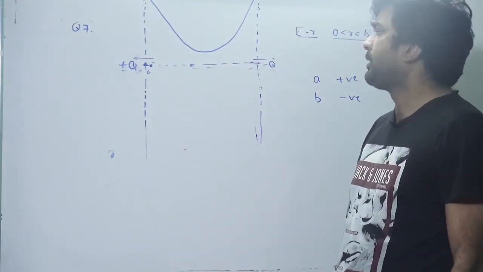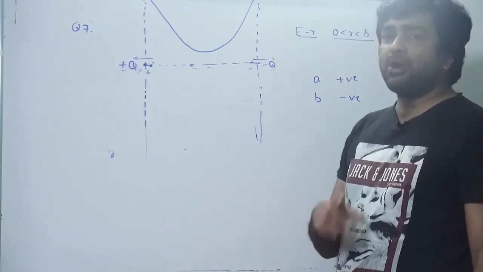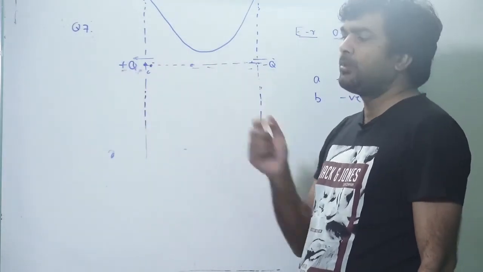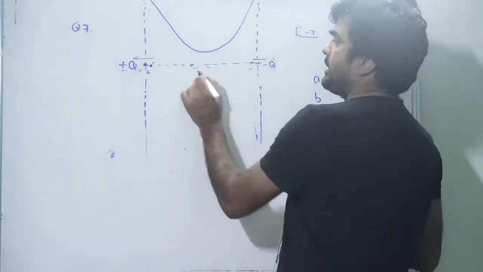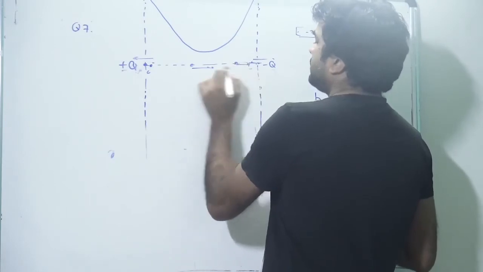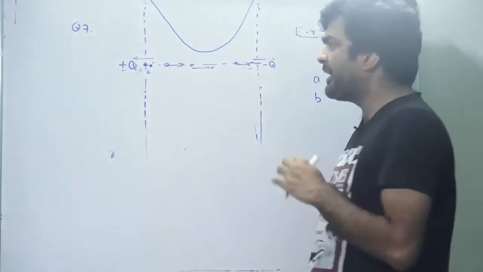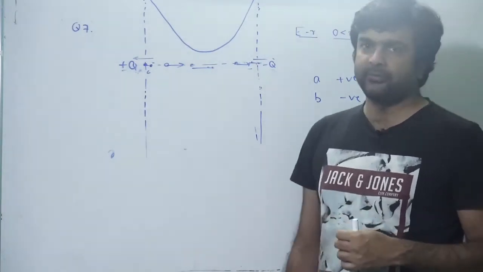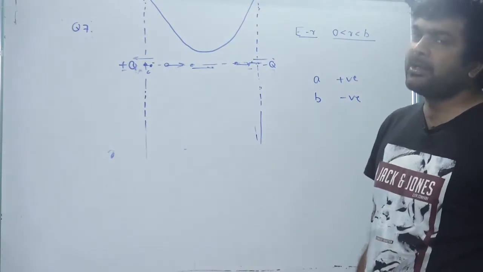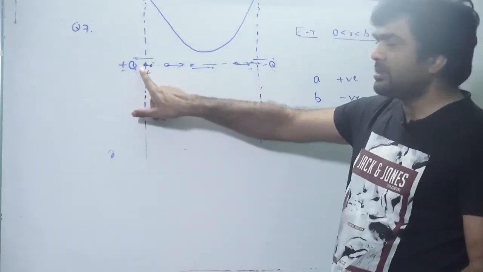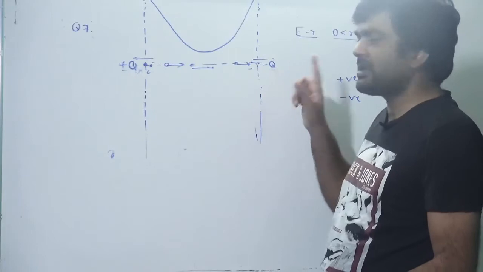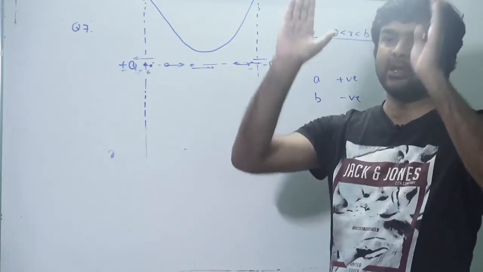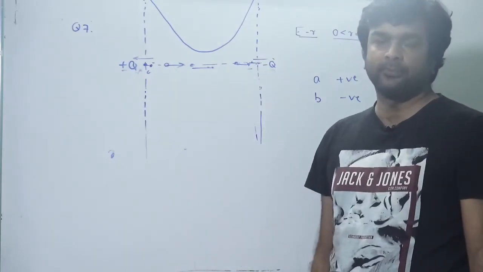Actually, electric field is always positive between this charge q and minus q, because at any point it is towards the right, and right side is taken as positive for the purpose of plotting the graph. It is infinite in magnitude just near this charge plus q and just near this negative charge minus q. So the graph is asymptotic, it is going towards infinity at these 2 points. Okay.